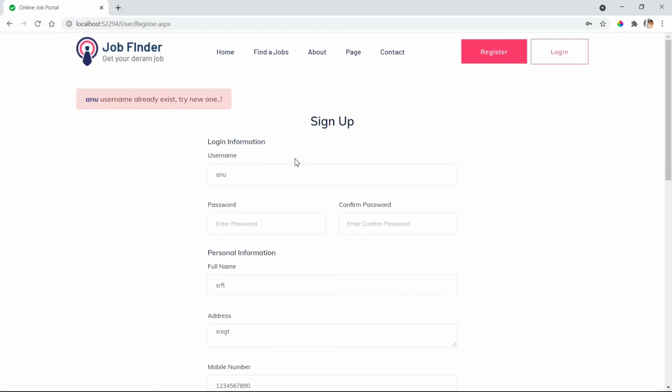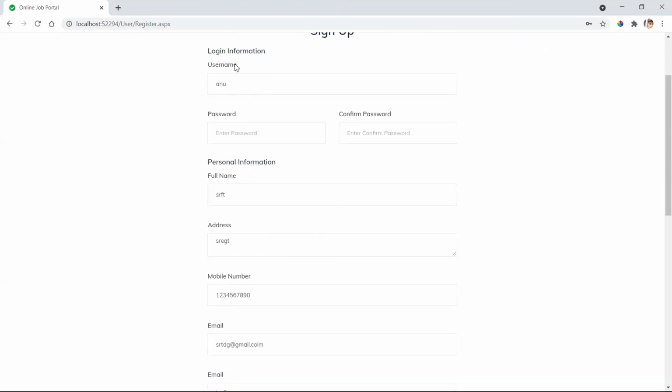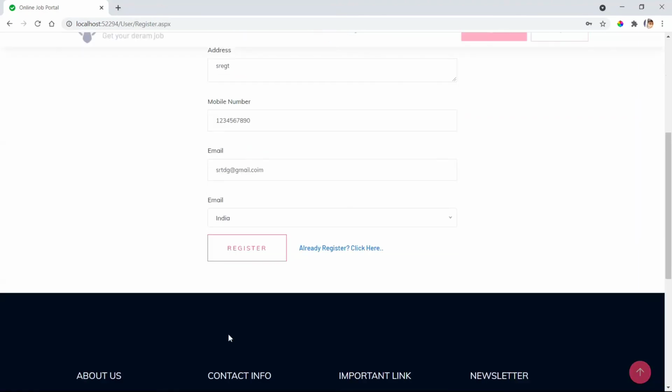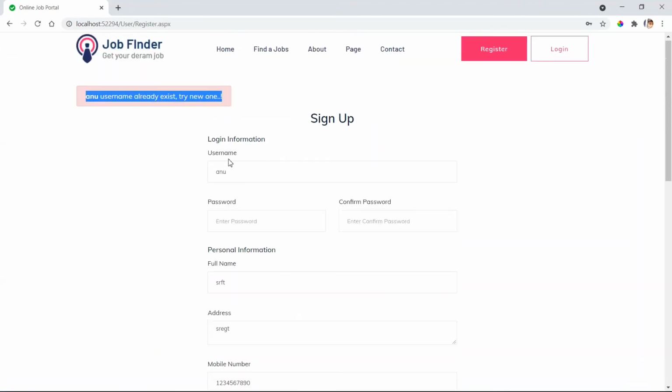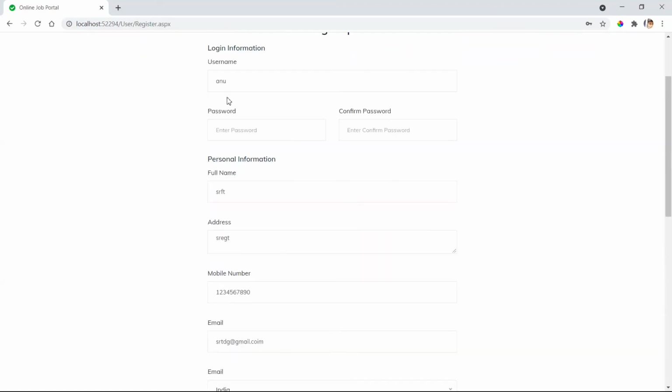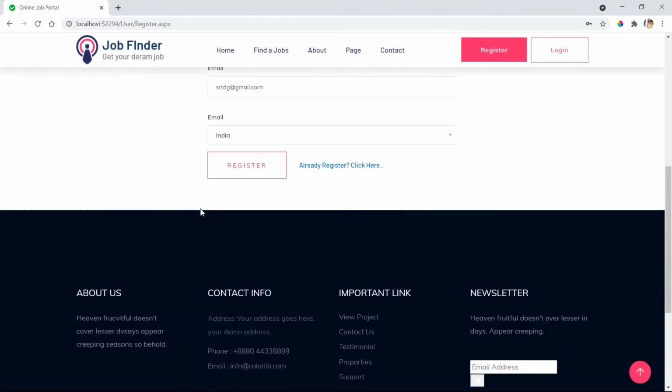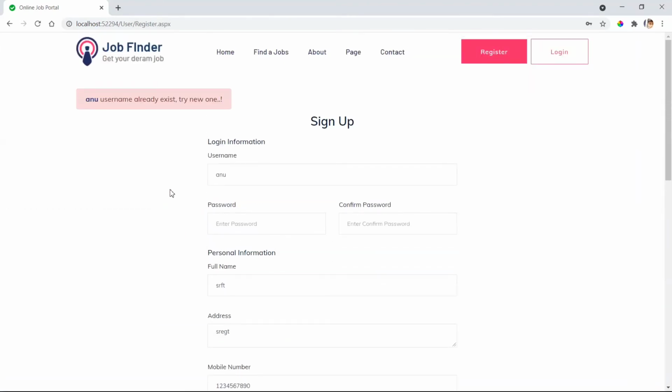While showing this message, we didn't clear the fields, we left them as they are, but after successfully inserting or registering, at that time we cleared all the fields. Now it's working properly.